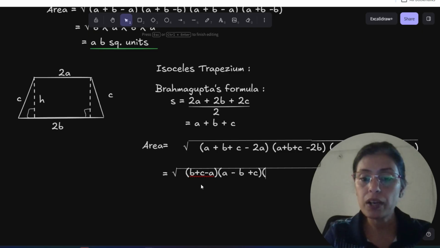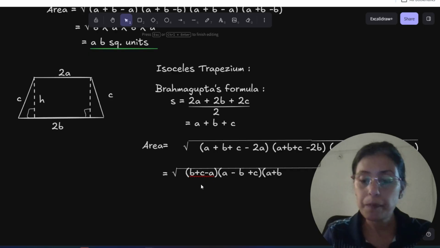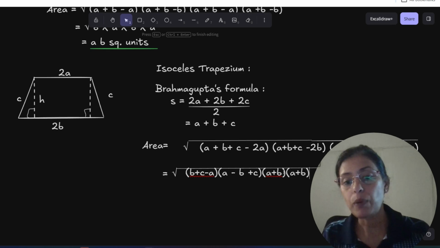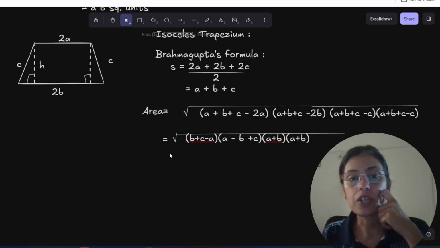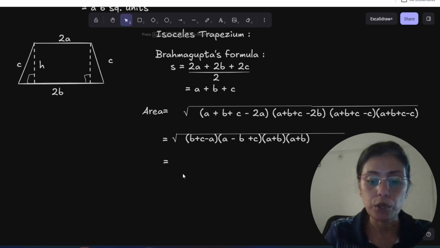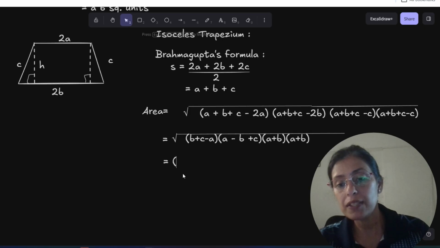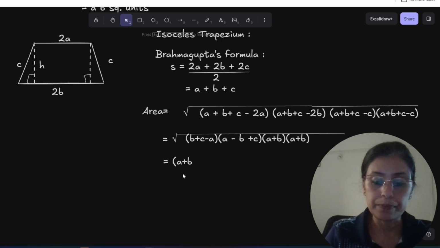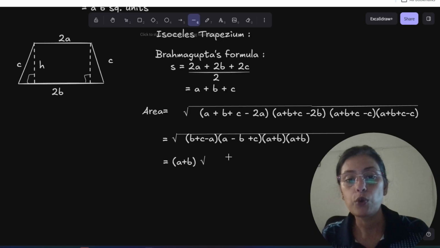The third and fourth one are the same, A plus B plus C minus C. This makes it A plus B and A plus B. Now this is a simple one, A plus B, A plus B. We are multiplying twice, so we can just straight away take it out of the square root, because inside the square root we are multiplying it twice. This means it is a square, and we can take this out. So A plus B, and then we have the square root of